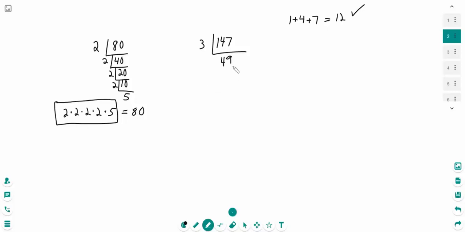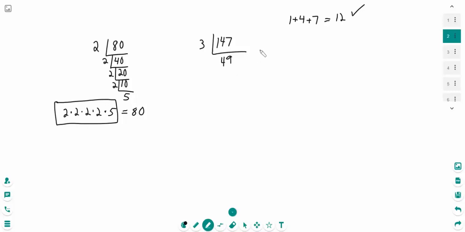Now, can 2 go into this? Remember, we go back to our smallest prime number, 2, and the answer is no. So let's go up to 3. Can 3 go into this? Well, 4 plus 9 is 13, and 3 cannot go into 13, so 3 isn't going to work. Our next prime number would be 5. 5 can't go into it, so here we do have to go up to 7, but thankfully we know